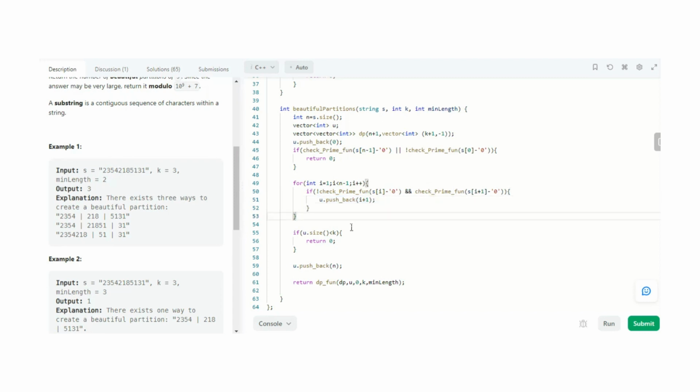As we discussed in the tree-like structure, I mentioned that we need to push I plus 1 in our vector, because previously, till I, we get that substring, and from I plus 1 we are starting the new substring. So here we will do that, and after doing this we will also check whether our vector size, the total number of indices we have pushed,